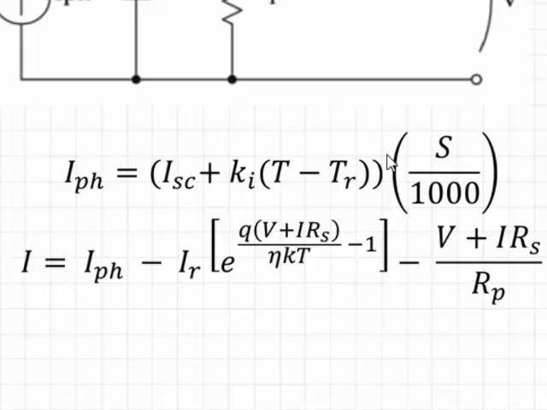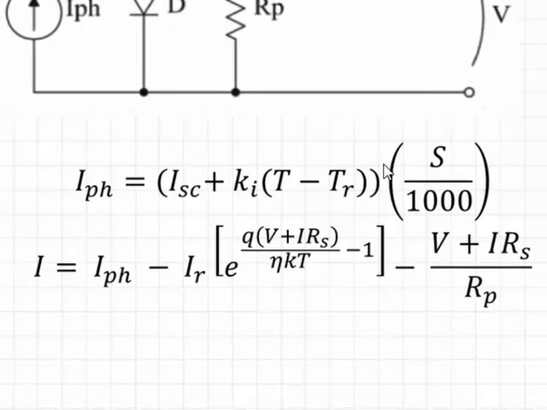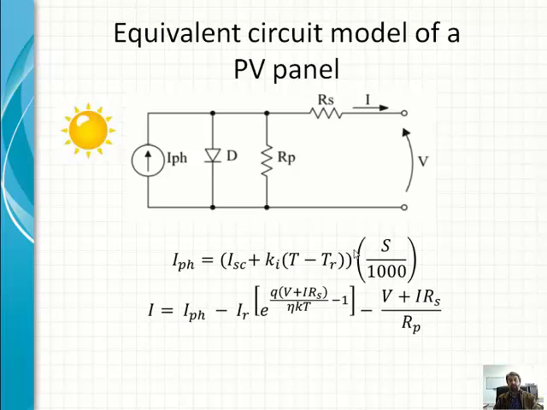The second equation relates I, that is a current that is seen at the output of the photovoltaic terminal, to IPH. Then we can also see there is some exponential relationship between I and IPH, and again we have a dependence on temperature in this particular equation, right? These two equations are the most important equations towards the behavior of the photovoltaic system, and I'm not going to go into too much detail about explaining each of these, but what we're going to do, however, is to actually plot